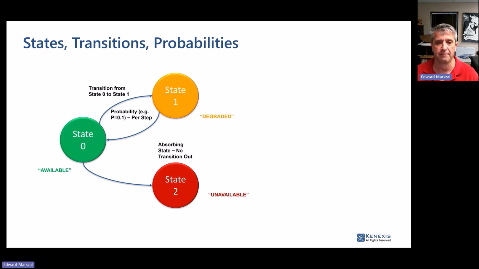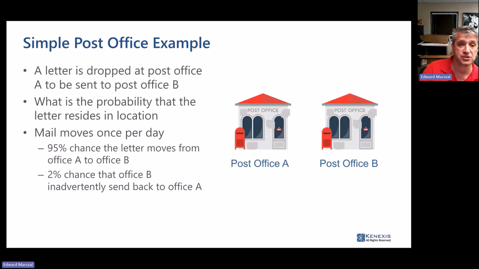Okay, so we have Markov models, and what you're seeing on the screen here can be representative of a 1 out of 1 device that has a safe failure mode and a dangerous failure mode, where you can repair out of the safe failure, but you can't repair out of the dangerous failure mid-mission.